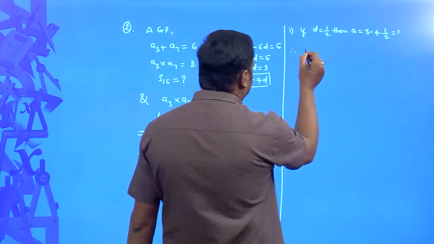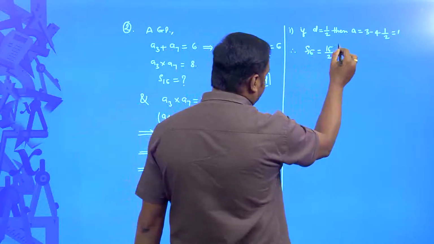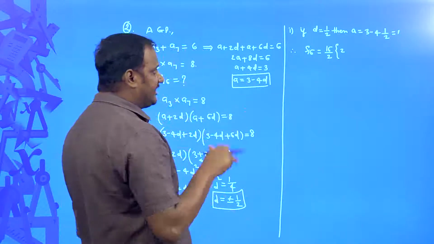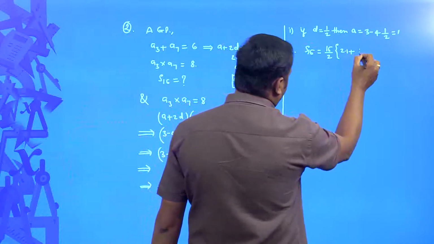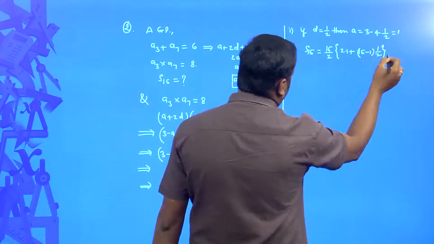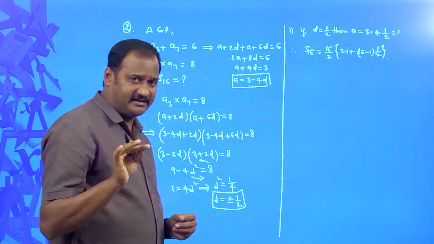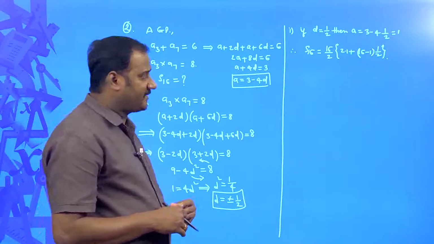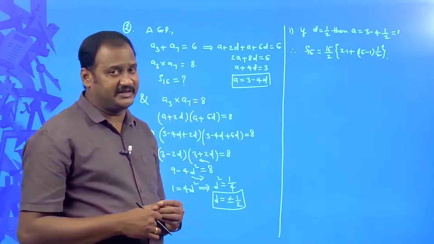So, therefore, the sum of the first 16 terms is equal to 16 by 2 times 2a plus n minus 1 into d. 2a, a is equal to how much? It is 1. So, 2 into 1 plus n minus 1, which means 16 minus 1, into d, which is 1 by 2. Hope you understand this substitution. We substituted the values of a, d, n in the formula for Sn is equal to n by 2 into 2a plus n minus 1 into d, because you are going to find the sum of the first 16 terms. So, here in this case n is going to be 16.